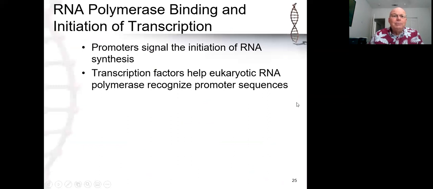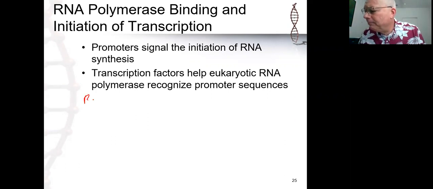In terms of a little bit more specificity, we do recognize that the region on the DNA that the RNA polymerases bind to is referred to as a promoter. Now, the nature of the promoter in prokaryotes versus eukaryotes is a little bit different. So in bacteria,